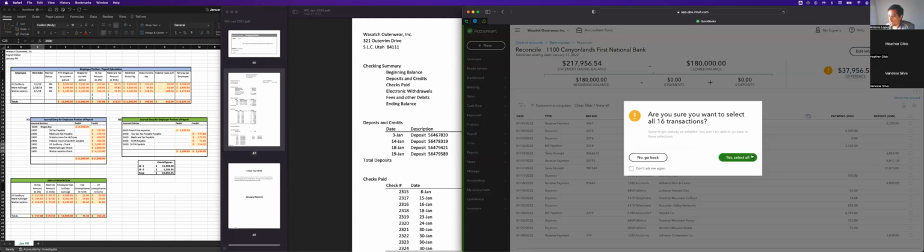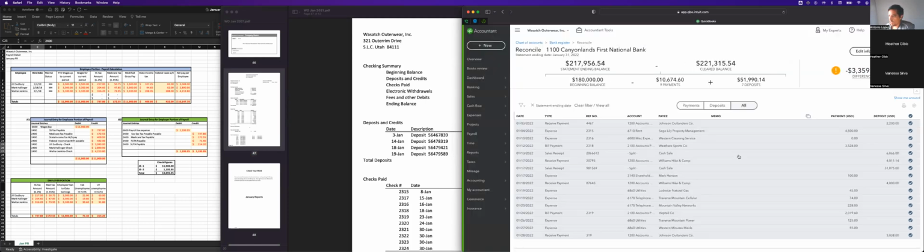You can hit all of it, and yes, select all. And all of it's cleared except for a few things. So there's no check to payroll check. So that's one thing that needs to be out. All the payroll check needs to be outstanding. It looks like we're missing some January activity on these books, but